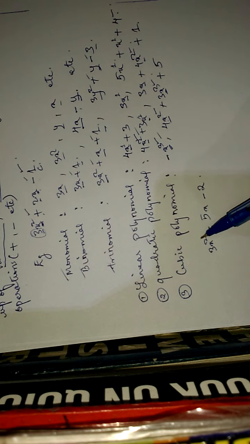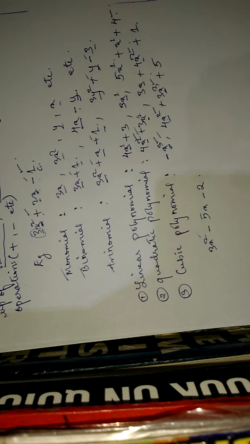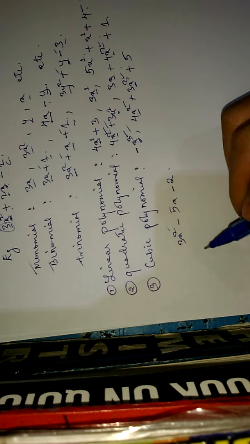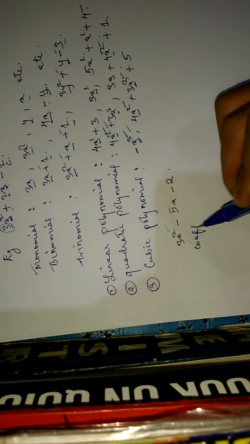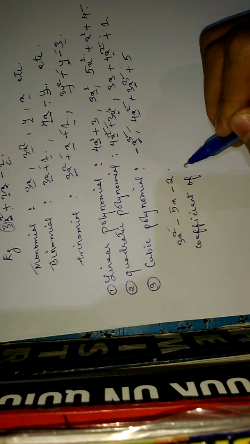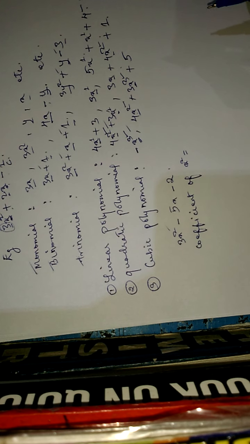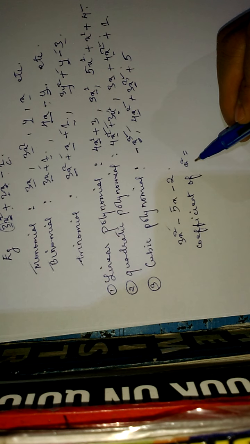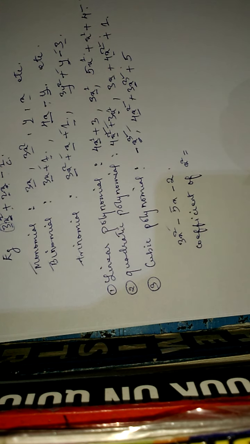Okay, let's write like this: coefficient of x square. If we talk about the coefficient of x square, in front of x square we have 3. It will be 3. Then coefficient of